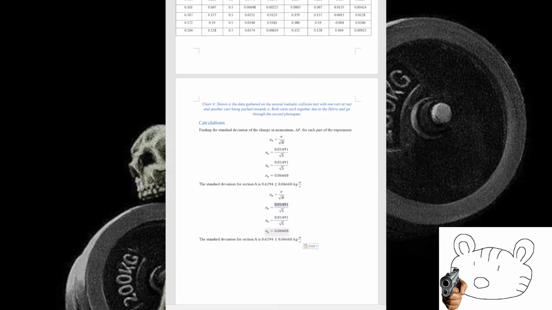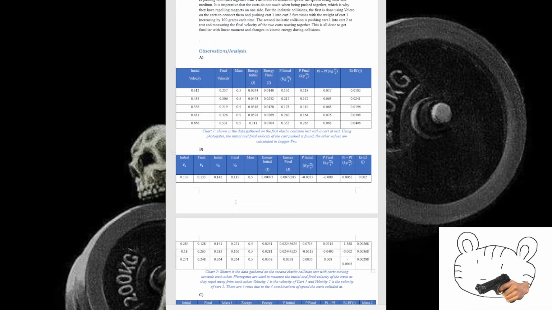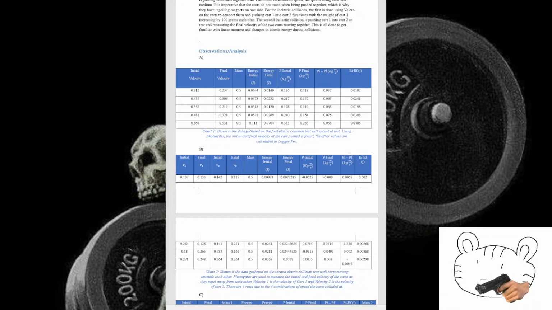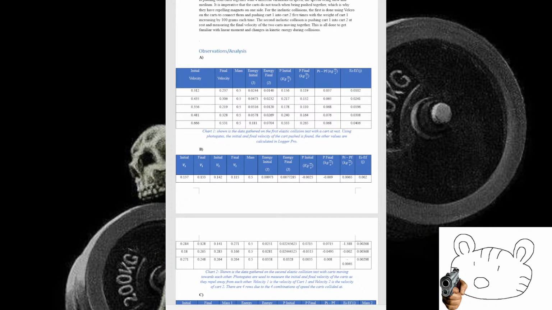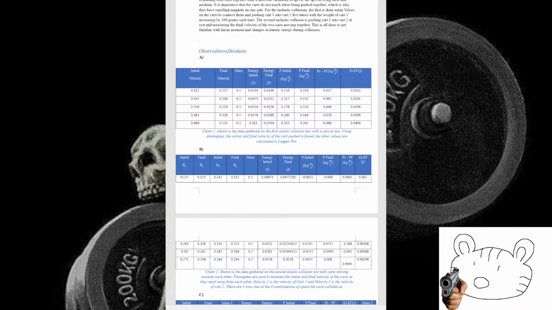And for this one, since there's the energy of 2, if we go to section B, we have, what? Okay, so apparently I did my graph wrong. Did I? Energy initial, P final. Nope, I did it right. Are the values different? Yes, they are. Oh, it's the two different,